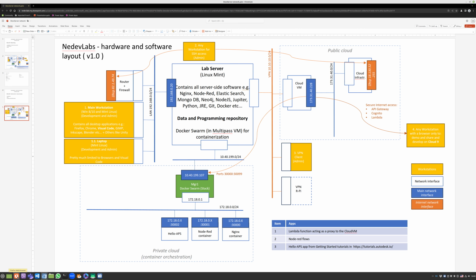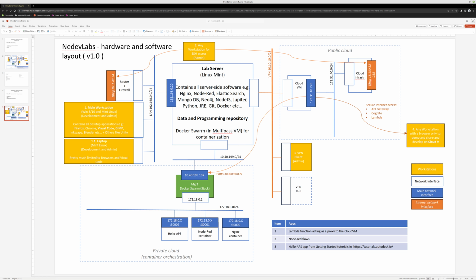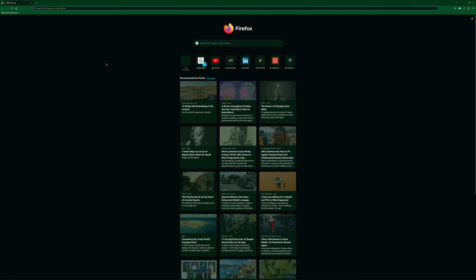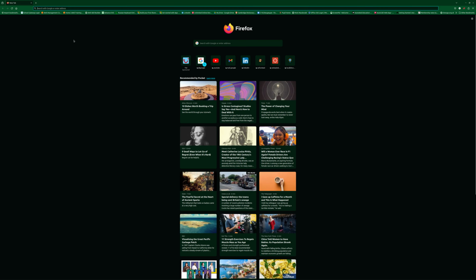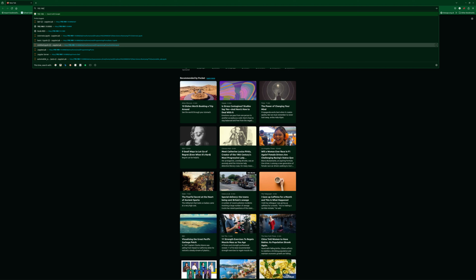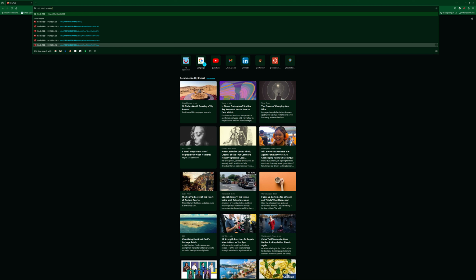Okay, so starting with this, first thing first, I will go through this address, just to demonstrate that I have got some services up and running. I shut most of them that I don't need at the moment, but they are ready, so they're there. If I want to run some of them, I can start them. So if I go to my home server address, and if I go to the Node-RED port,